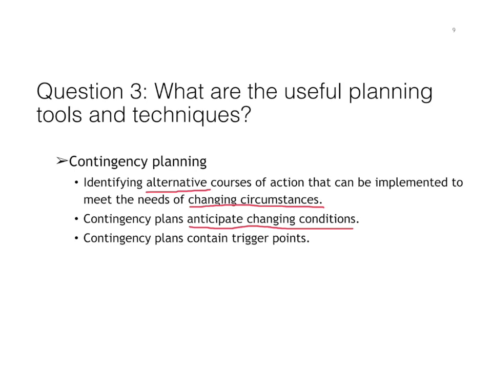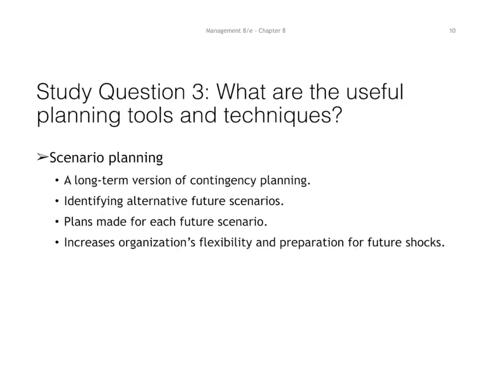Change is always there. A contingency plan contains 6 points. Okay, that is the part of contingency. In our planning, we have to make our planning have a contingency. Okay. In question 3, we have another question here about scenario planning.